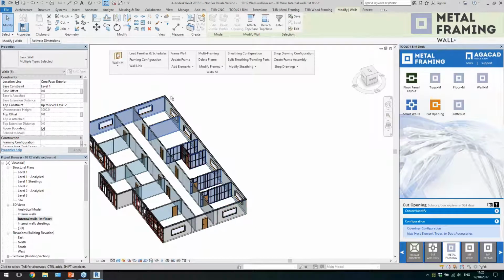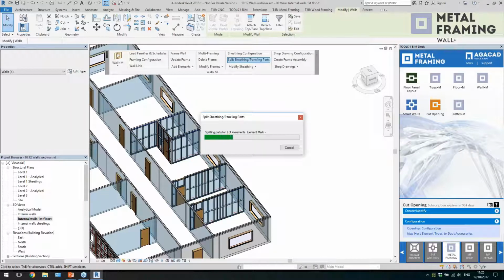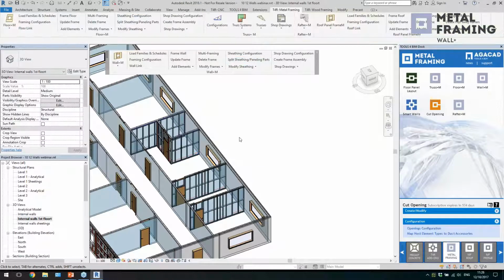I don't want to select unframed walls, so I'll remove that. And what I want to do now is split these walls into the sheetings, so I can have my sheetings. And let me show you